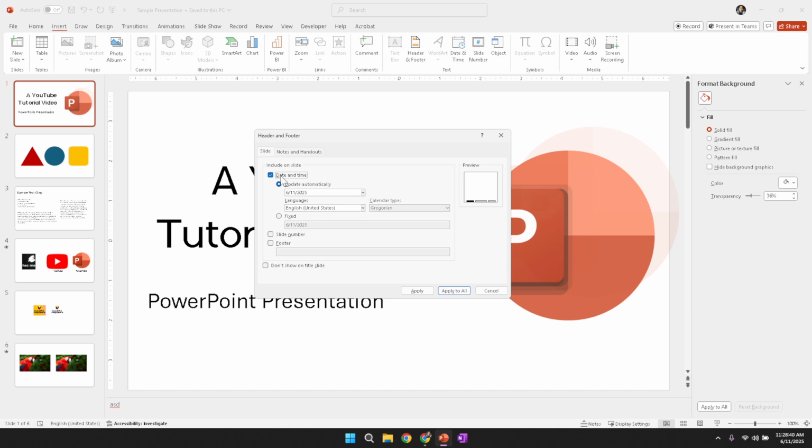By clicking the checkbox next to date and time, you are instructing PowerPoint to display the current date and time on each slide, making it easier for viewers to know when the presentation was last updated or when it occurred. Also, find the checkbox for the slide number and click it to enable the display of slide numbers on your slides. This is particularly useful in longer presentations to help keep track of the slide order and provide your audience